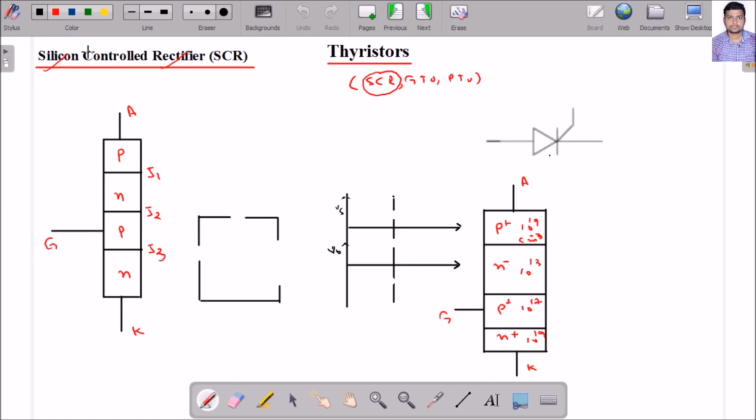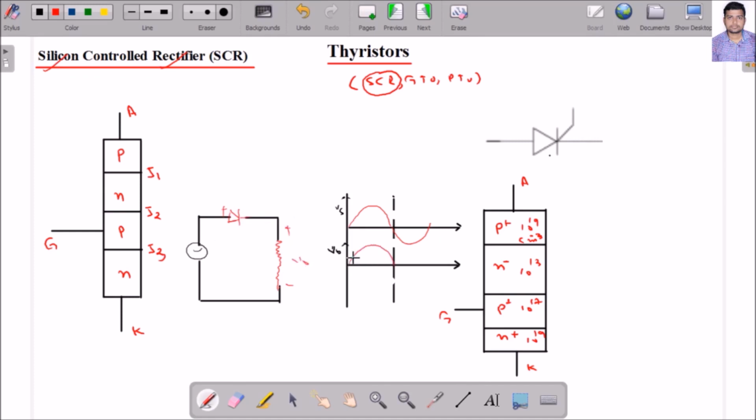Then why is it known as control? Let us try to understand. Suppose this is my AC signal, and suppose here I am using one diode, and here I am using a resistance, and I am taking the output voltage here. In the positive half cycle, as the anode is positive, a current will flow, so I am getting the output voltage equal to the supply voltage, because the diode is conducting. So this is the supply voltage I am getting.